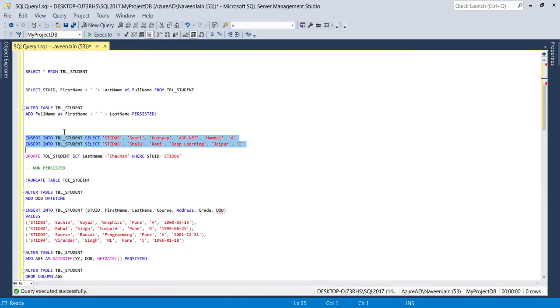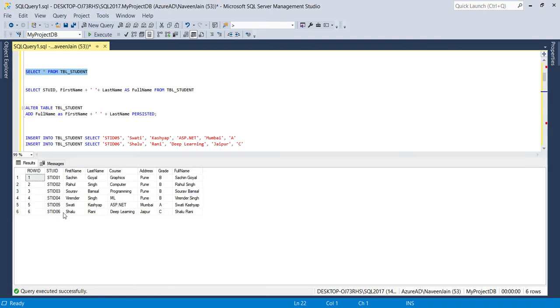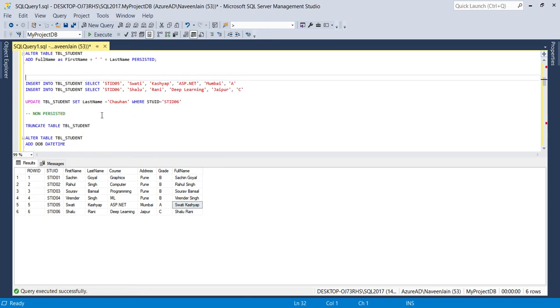Two records has been inserted. Now select the select statement. Here we can see first name and last name has been combined for the new records, and it is available into the full name. Now if we want to update last name of a student with the ID STID06, right now it is Rani.